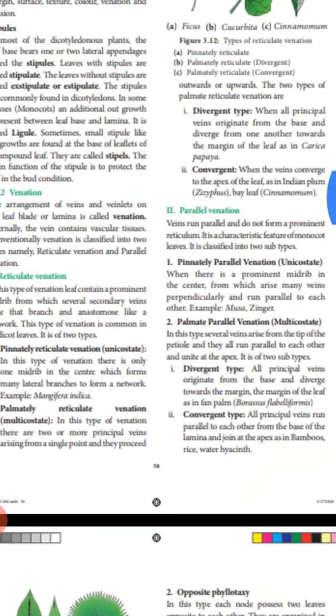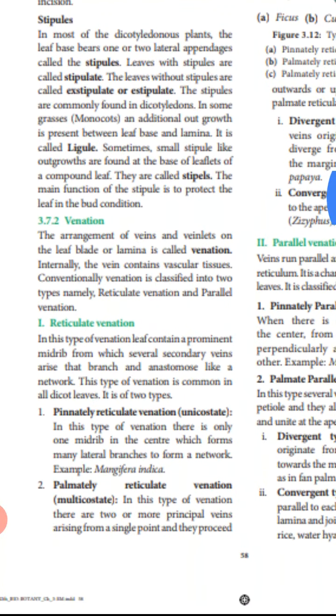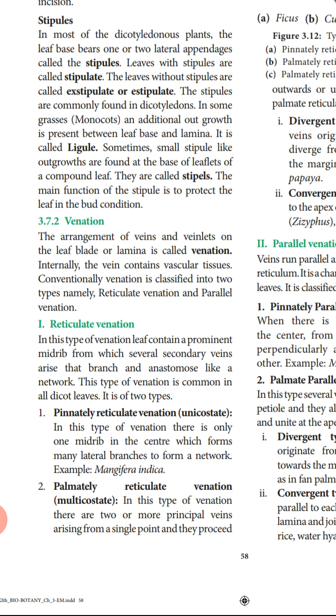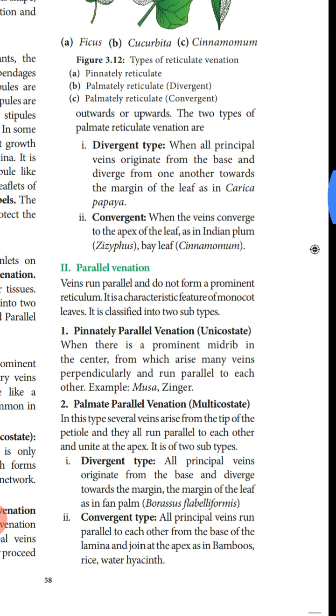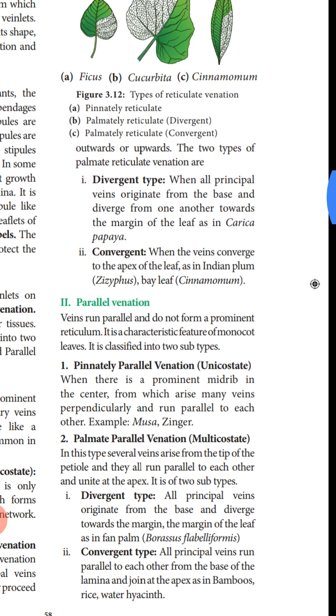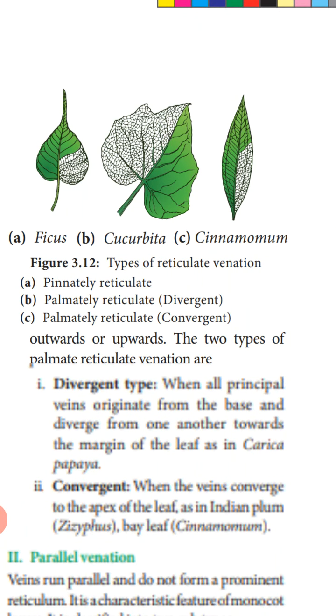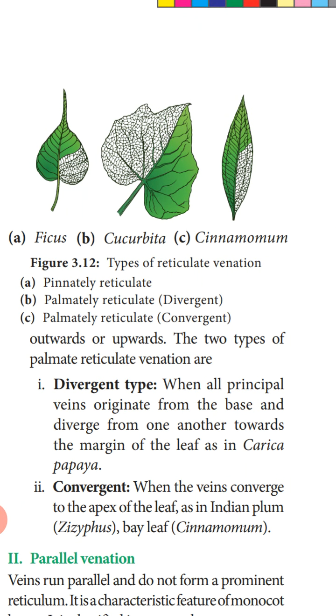Next is the palmately reticulate venation. Palmately reticulate venation is also called multicostate. Here in this venation, there are two or more principal veins arising from a single point and they proceed outward or upwards. Here you can see in this diagram the Cucurbita, the B diagram. From the point near where the petiole is joining the leaf lamina, from that particular point